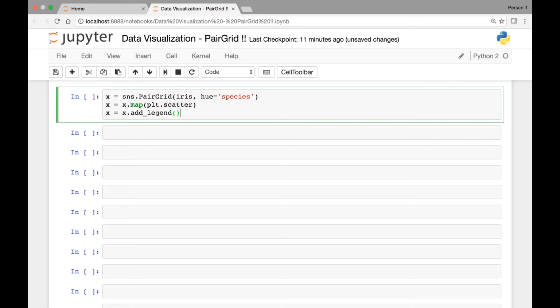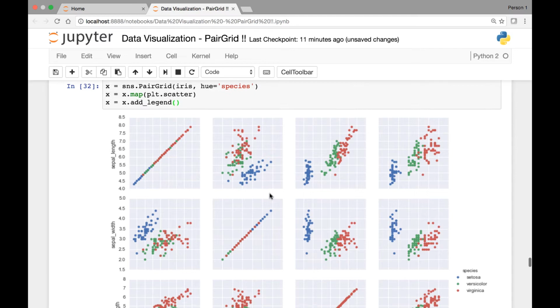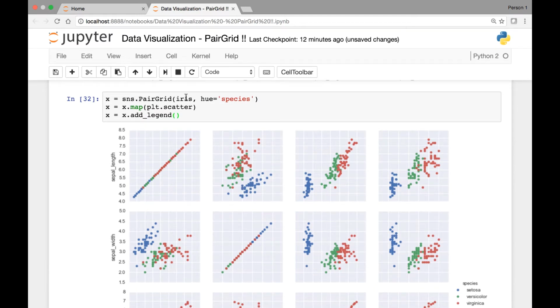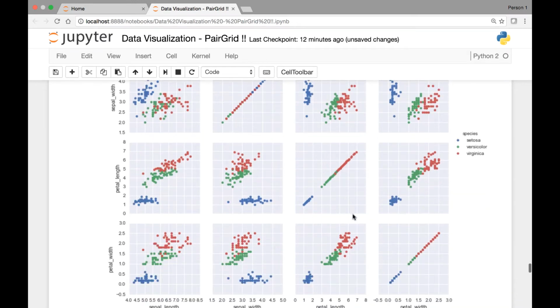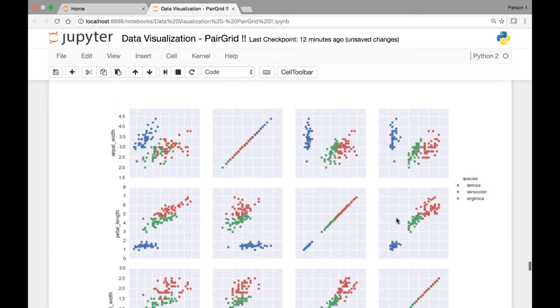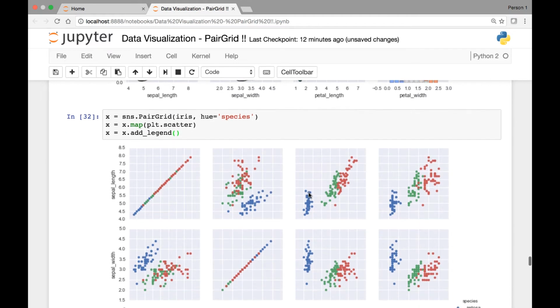So before I add anything, let me show you what it will look like. So here we have PairGrid, iris, hue, and species. So this is the default one, and what we'll do next is